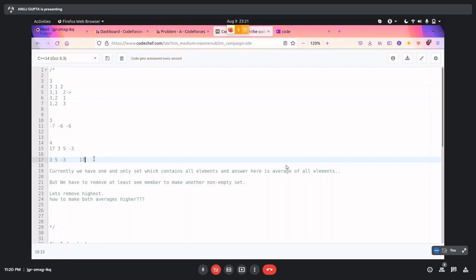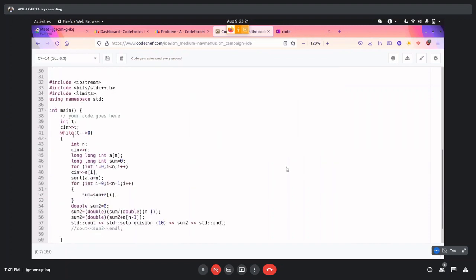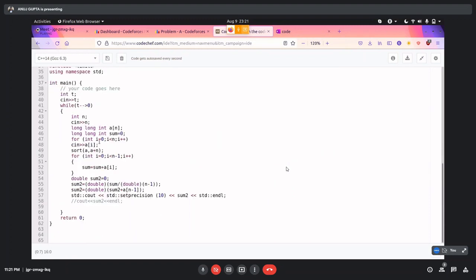So the answer is simply to remove only the largest element from the total set and take it as one subsequence, and all other elements go into the second subsequence. So here is the code. We read the array and then sort it and take the average of the first n minus 1 elements, adding the largest element to this sum.